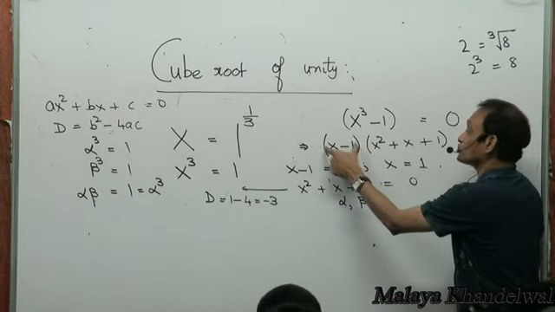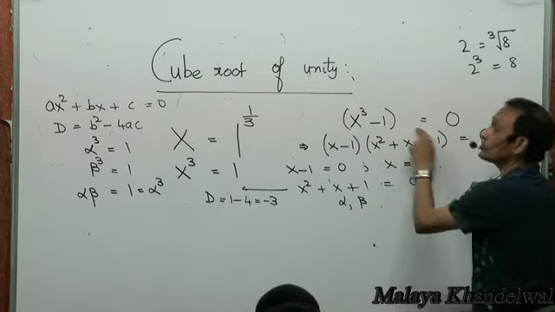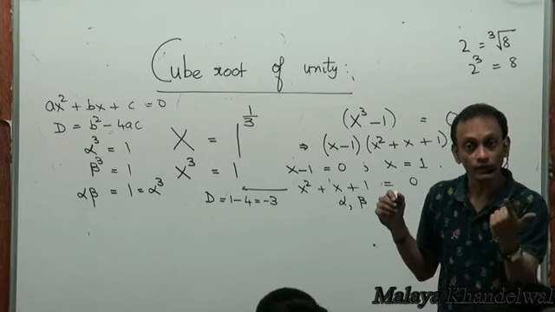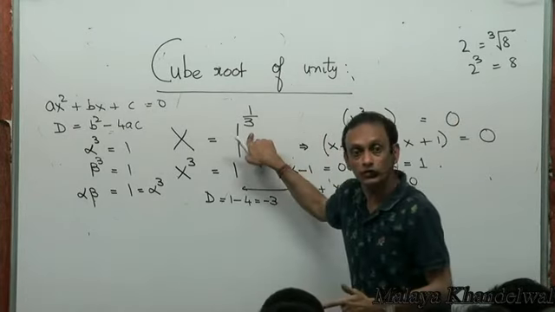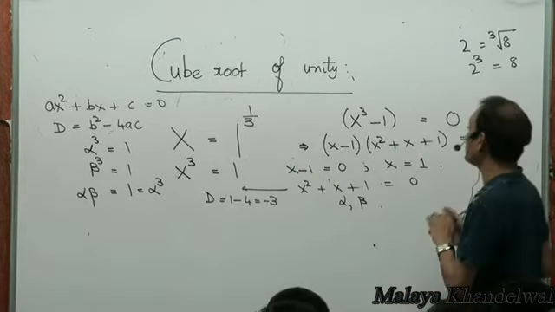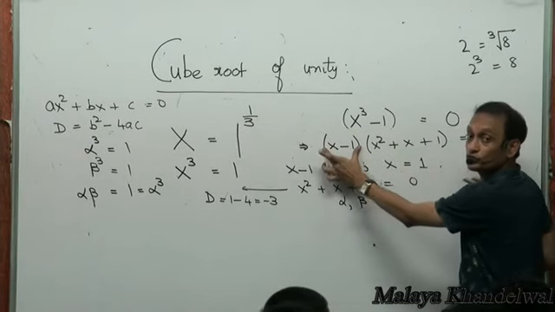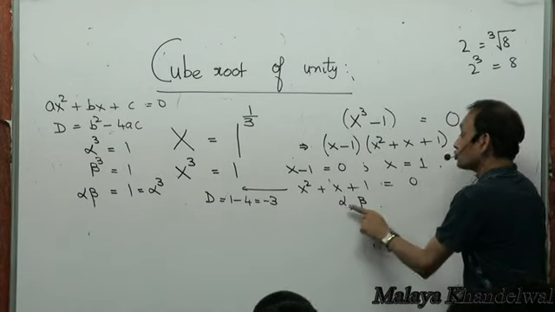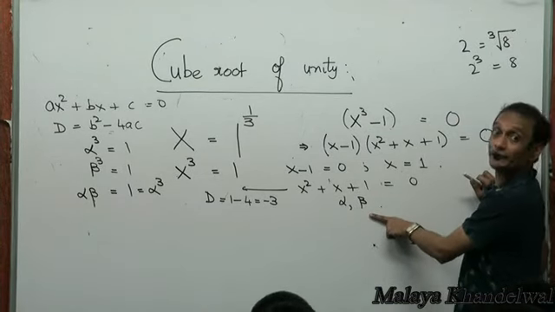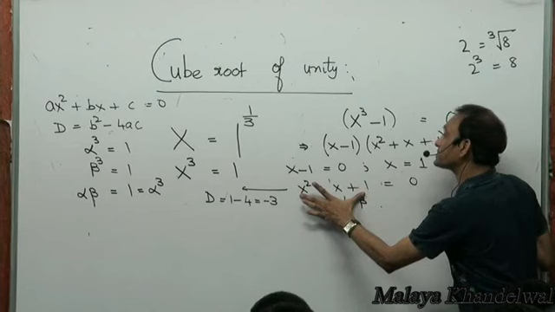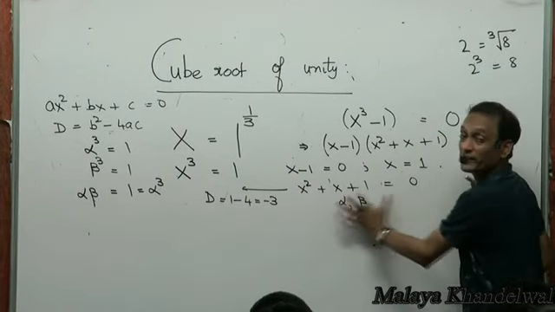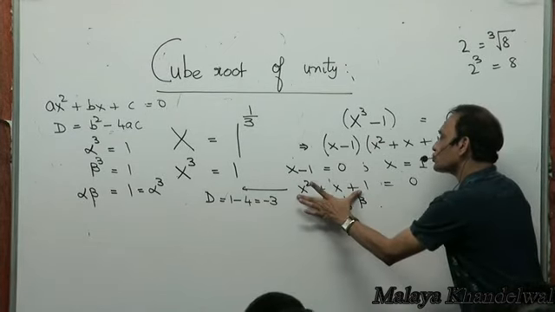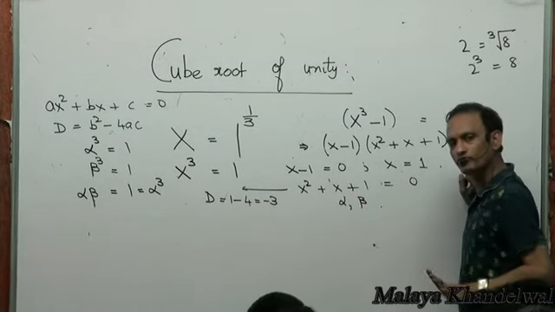It will give me 3 roots. x equal to 1, which is one of the roots of this. See, all roots of this will be the cube roots of unity, right? Because we started with cube root of 1. This gives me a real cube root of unity, which is 1. And this quadratic equal to 0 gives me 2 other roots, alpha and beta, which are complex. So the 2 other values of x emerging out of this are complex cube roots of unity, right? You understand that? So alpha and beta, the roots of this quadratic, are the complex cube roots of unity.